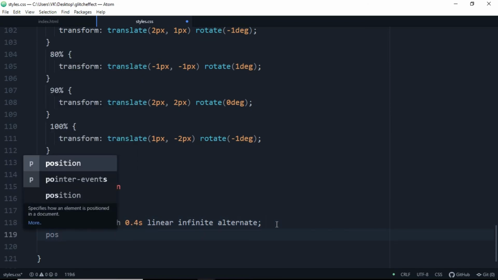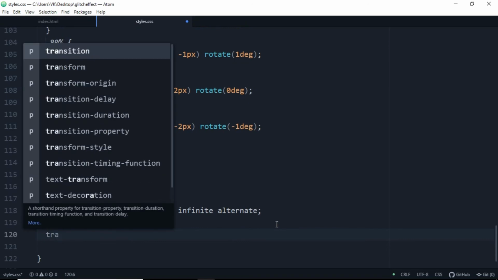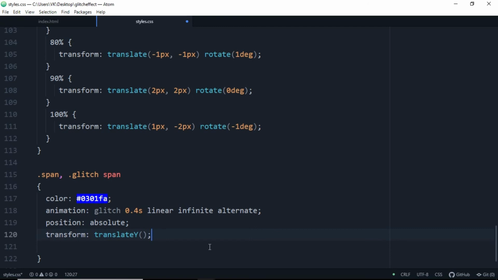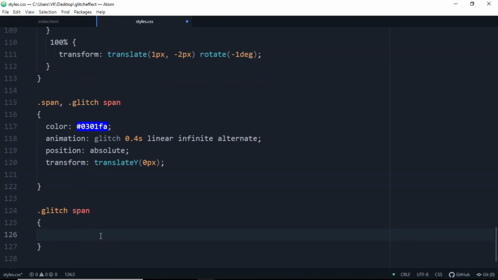So the position will be absolute. And we're going to transform it and translate Y at 0 pixels. Okay, and just copy and paste this .glitch span, add a curly brace, and let's add this first-child property here.